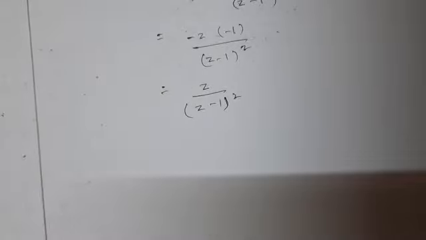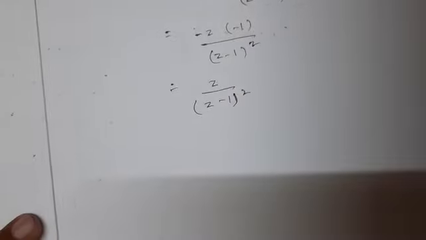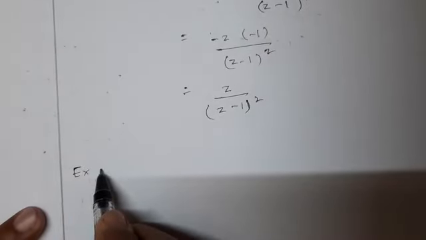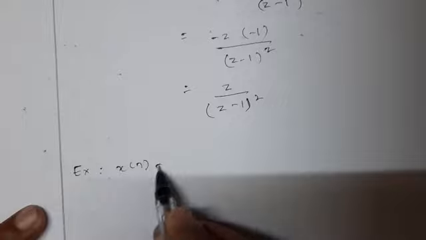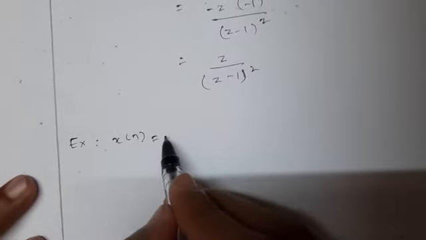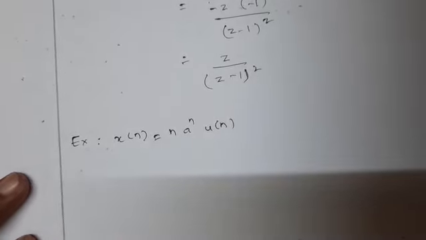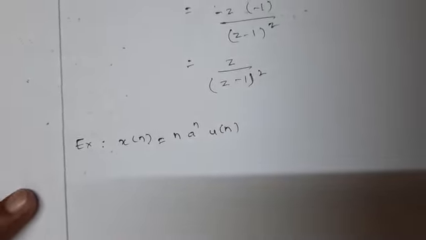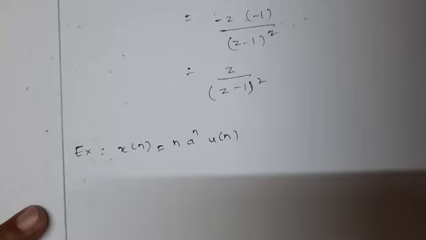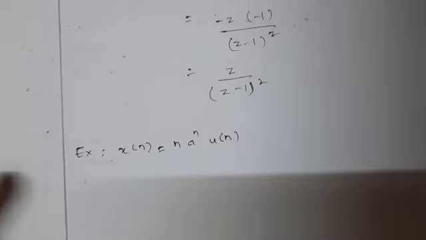So like this we try to solve the examples without using the defining equation for z transform. I am trying to solve without the defining equation of z transform. So one more example I will try to take: x of n is n into a to the power n u of n. So like this I am trying to solve some of the examples here. Try to download the question papers and solve them. If there is any difficulty you can communicate to me.